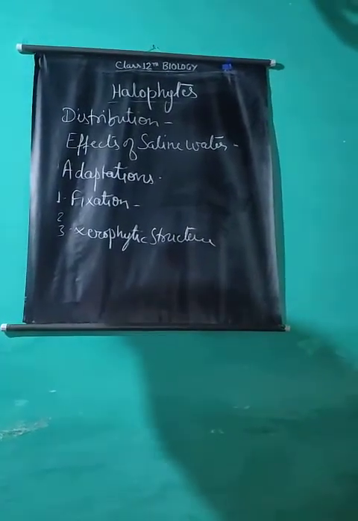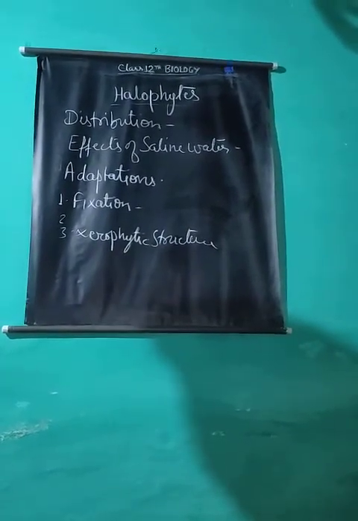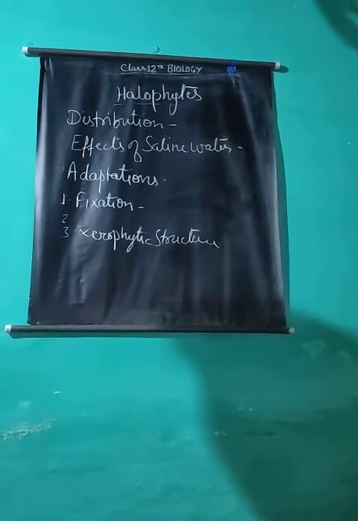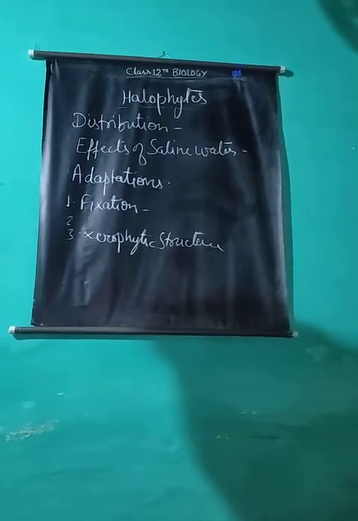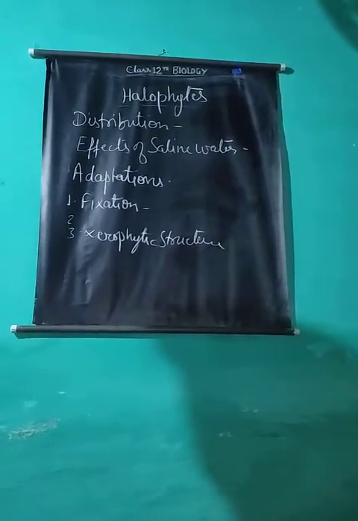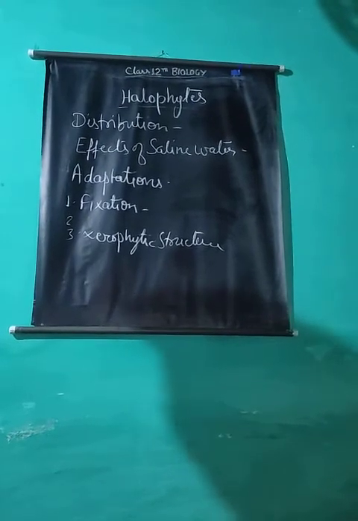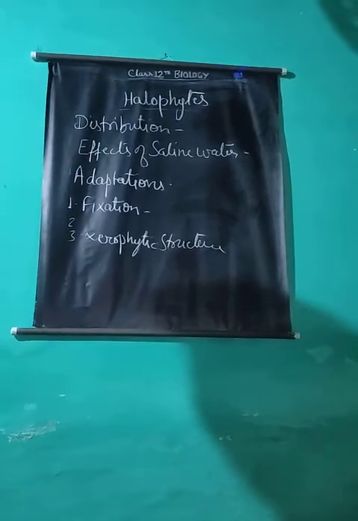Easy dispersal. Fruits and seeds are light in weight and bear numerous air chambers so that they can easily float on water surface and easily be dispersed to distant places by water current.